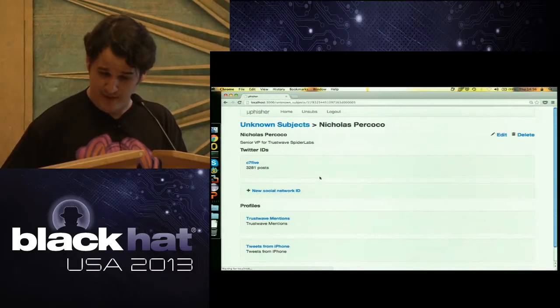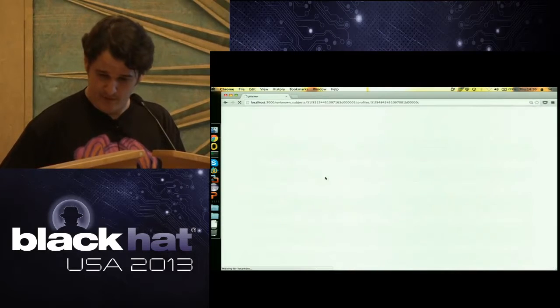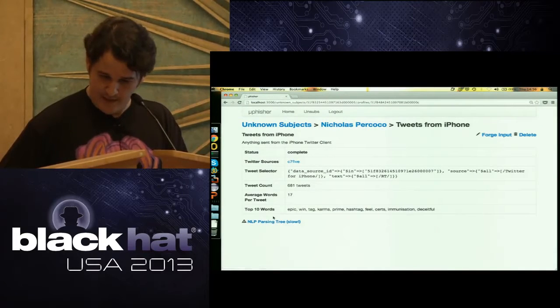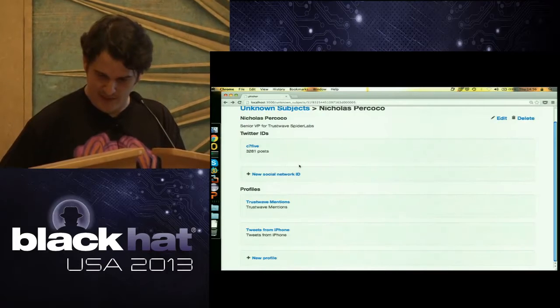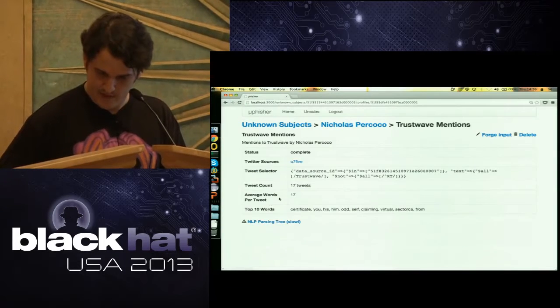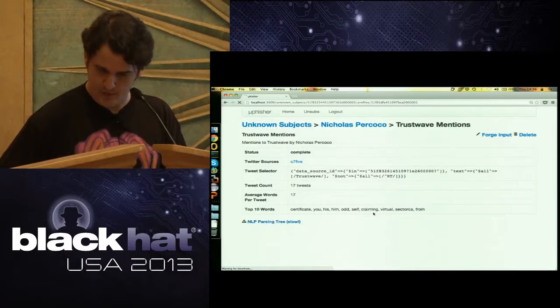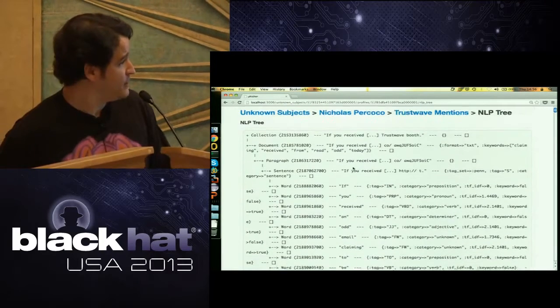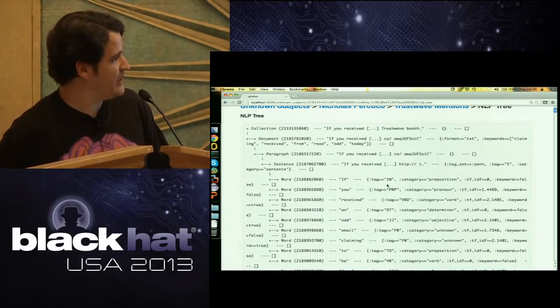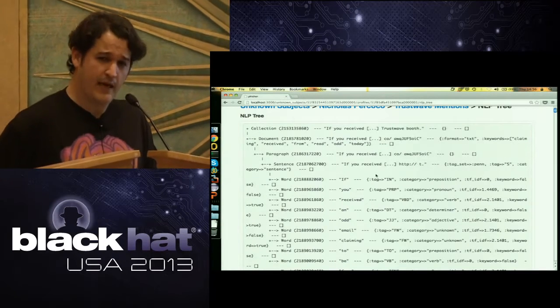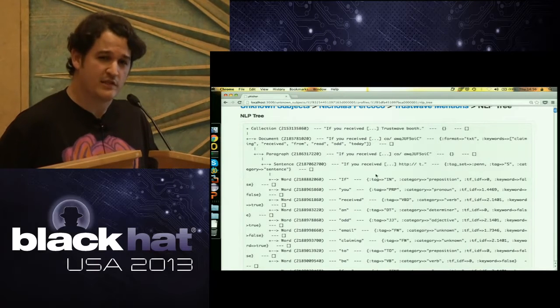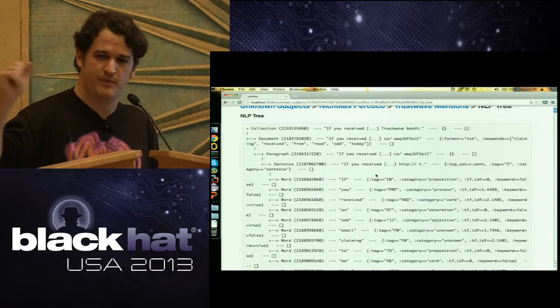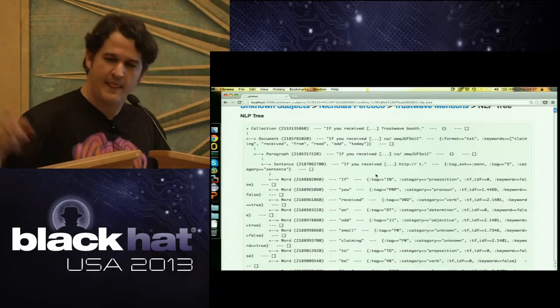When you finish a profile, as we saw here, no, this thing is too big. Let me get a smaller one. Okay, this one is smaller. This is actually the kind of data structure we get in the back end. So here you can see that we have the words, and we have these POS tags, and they will show you what kind of word this is, if it's an adverb, if it's a proper noun, an adjective,